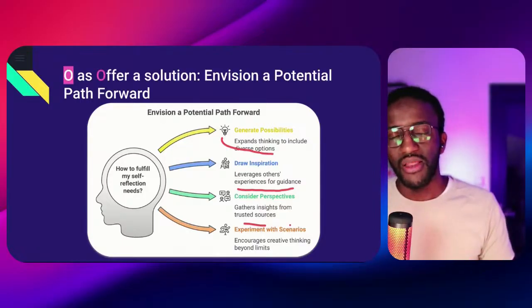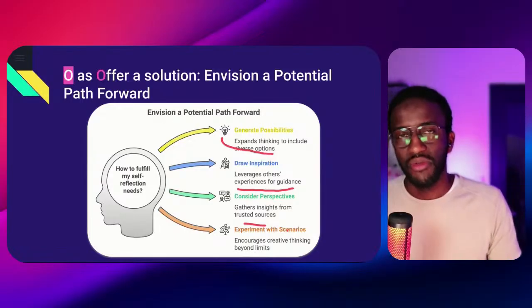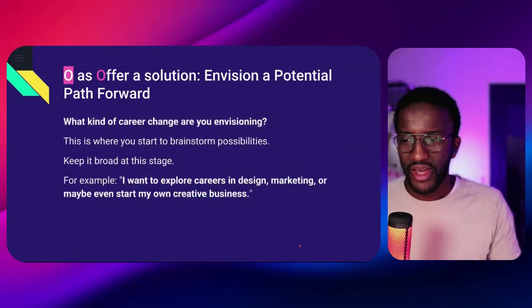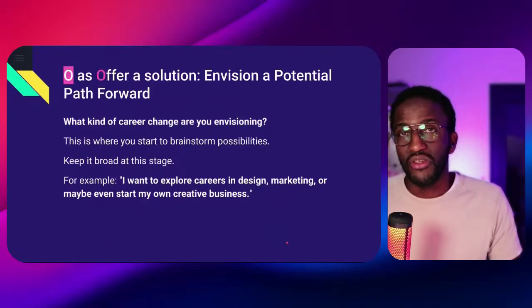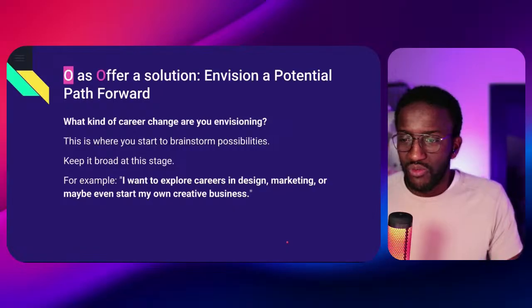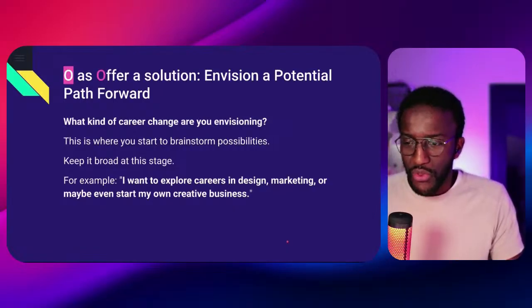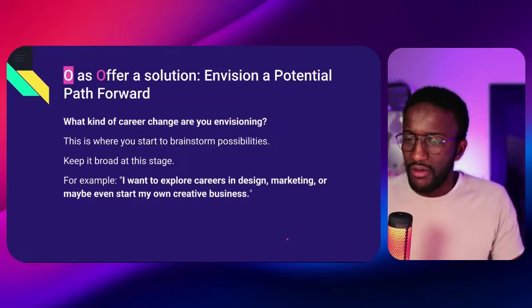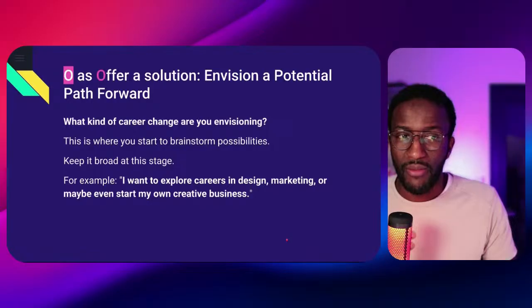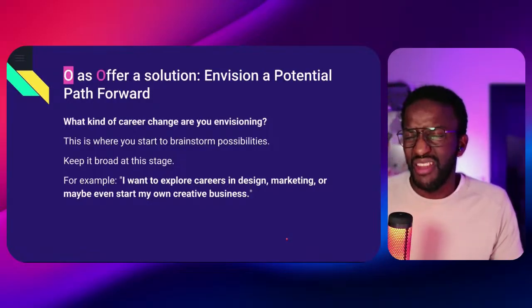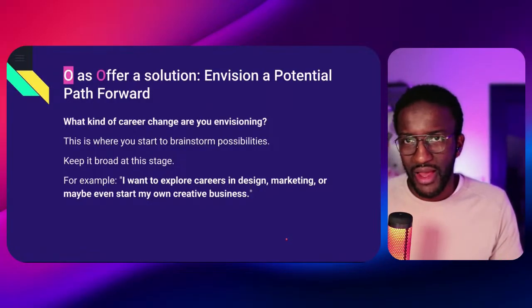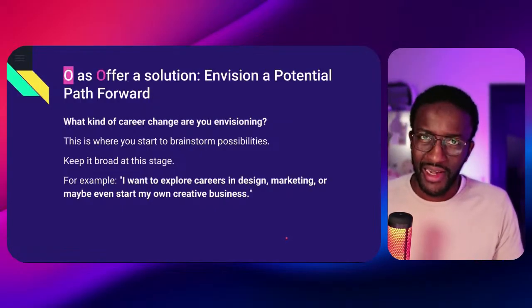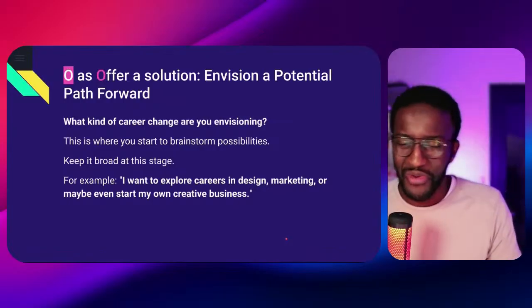So far, let's take back our example of me wanting to change career. What are the kinds of solutions that I can potentially foresee? So, for example, it can be brainstorming possibilities. For example, I want to explore a career in design, marketing, or maybe even start my own creative business, because I'm a very creative guy. So being in finance, where it's always rigid, it's just like sales and put digits. This is not my real engineering life, even if there are some similarities.